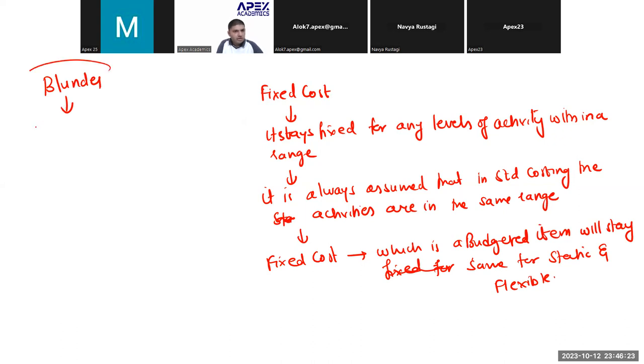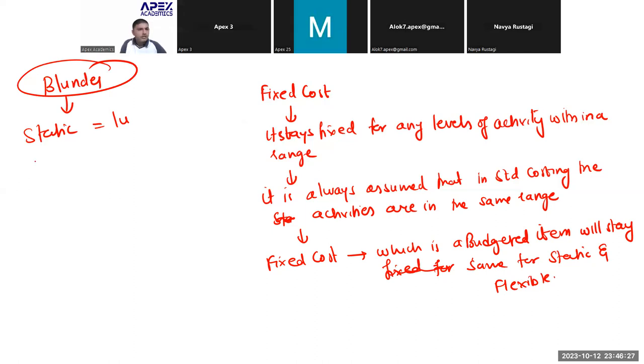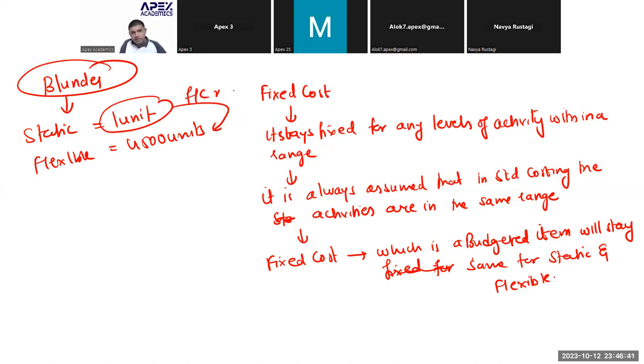Blunder. Static is given for 1 unit. Flexible you have to take for 4,500 units. So obviously this 1 unit fixed cost has to be revised to 4,500 units. ये revision